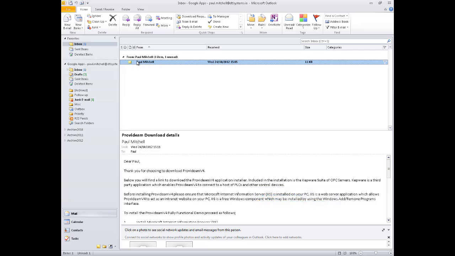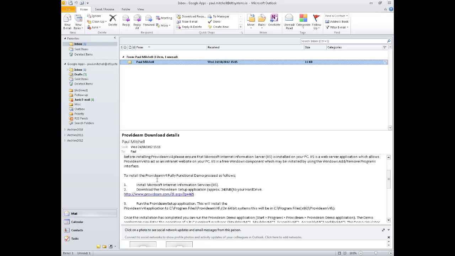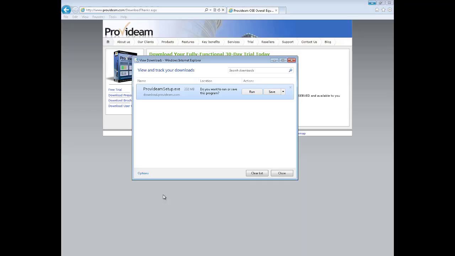and if I look at the details of the email, it outlines how to install the application and where to download it. So clicking on the download link provided within the email, we can save the application to our server or PC. The application is quite large because it includes the Microsoft Database Engine as well as the Provideam setup files. So jumping along to the end of the download,